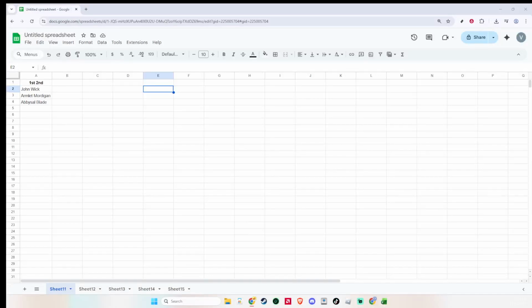In today's video, I'm going to teach you how to split text to columns in Google Sheets. If you've ever imported a list where names, codes, or addresses are crammed into a single cell, this feature will save you time and headaches. Splitting text into separate columns lets you organize data cleanly, so you can sort, filter, and analyze without manual cutting